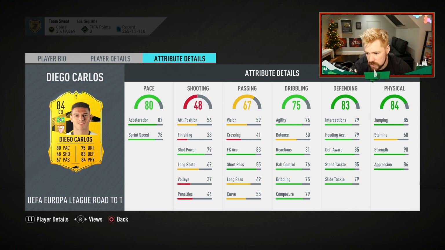Diego Carlos there. So he's been upgraded from a 79, 3 pace, 4 shooting, 9 passing, 4 physical, 5 defending, and 7 dribbling. He's been given a big upgrade. And with an anchor, he becomes a 90 rated card. I don't know if Sevilla have got a chance of going through. I don't remember off the top of my head the exact